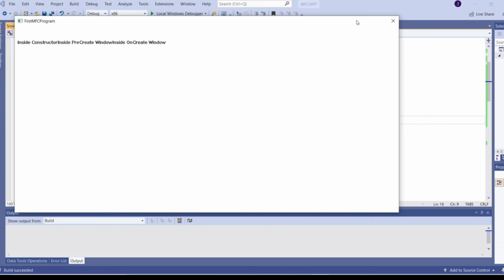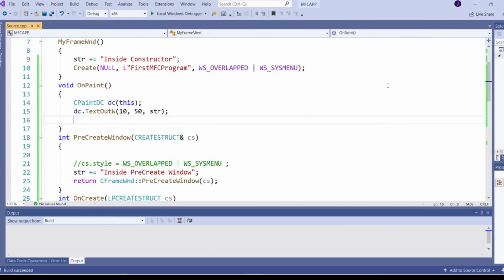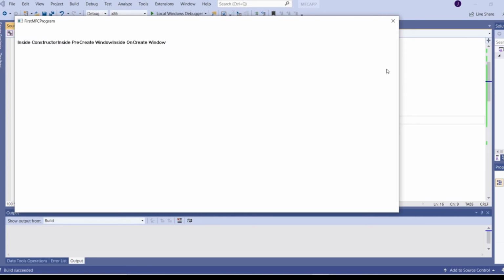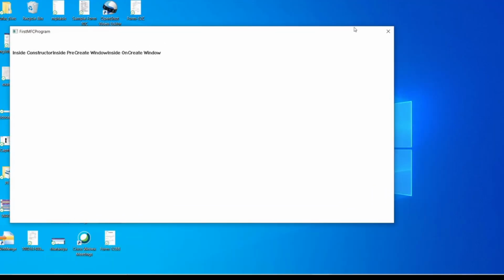If you see here, there is no minimize and maximize button, and I have only the close button, and my window border is fixed. I'm not able to resize the window.